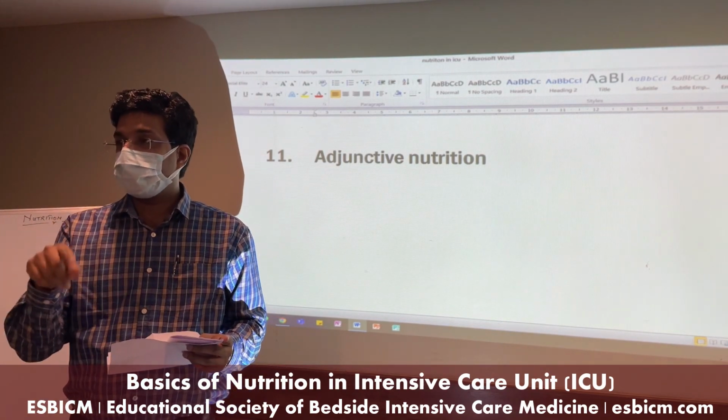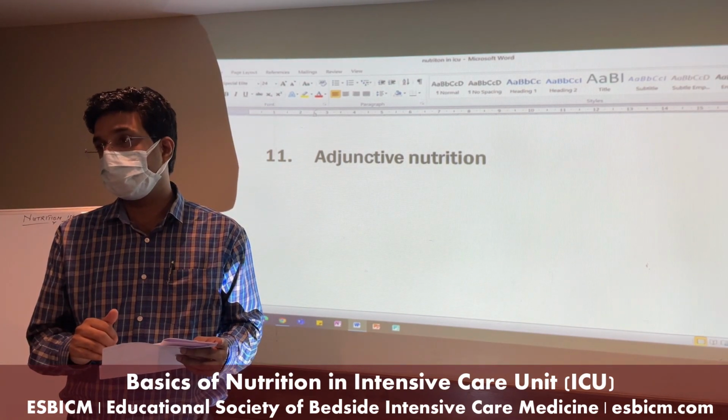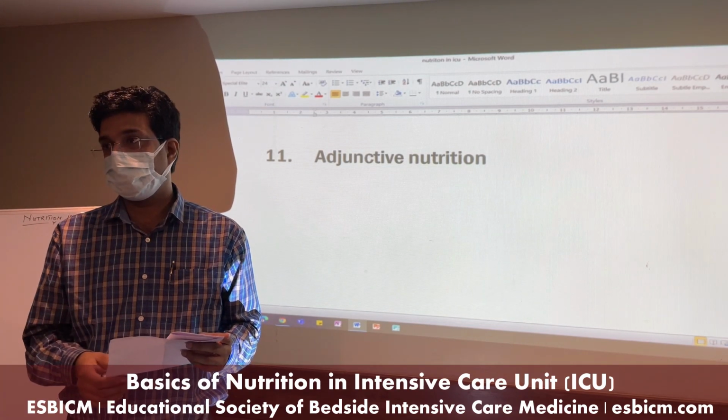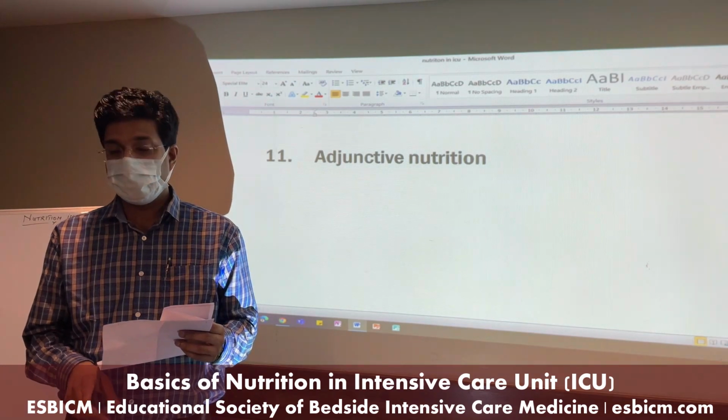So when you boil the egg, these enzymes get denatured. That's why biotin gets absorbed in the stomach. If you give the raw egg, this protein will not get absorbed. So boiled mashed egg is preferred.